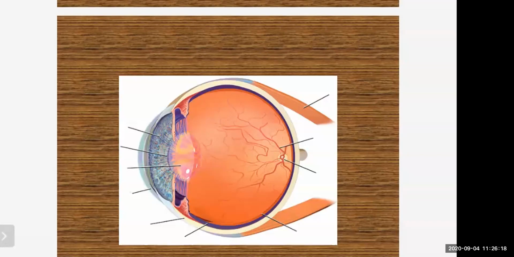External features, what all things can you see externally? You can see the eyelids, pupil, corners, iris, and sclera. That white portion of our eyes is nothing but the sclera. Inside that you can see a bluish colored layer, that is the iris, and the central part, that is black in color, is the pupil, and eyelids and corners are there. So these form the parts of the human eye. I hope everyone understood the different parts of the human eye and their functions, whatever I just explained to you, right?